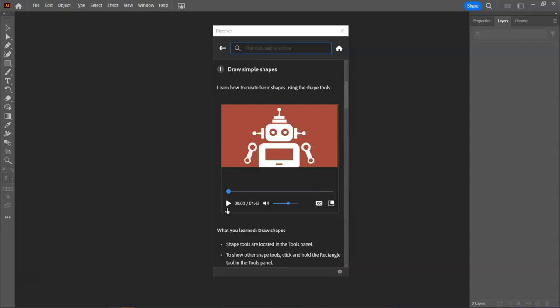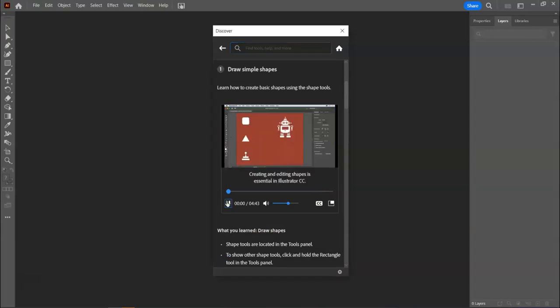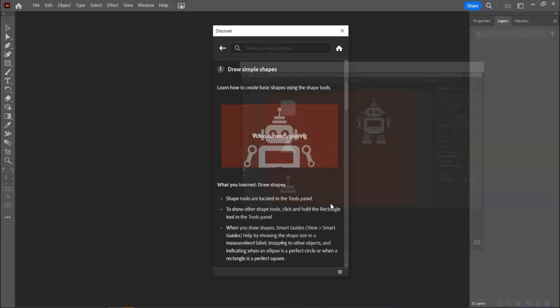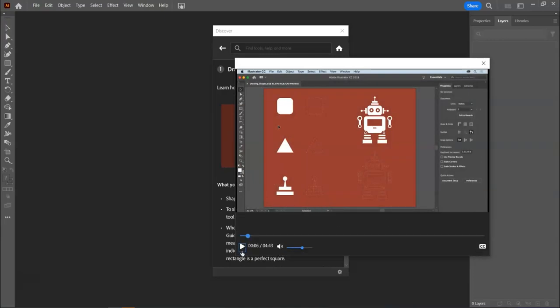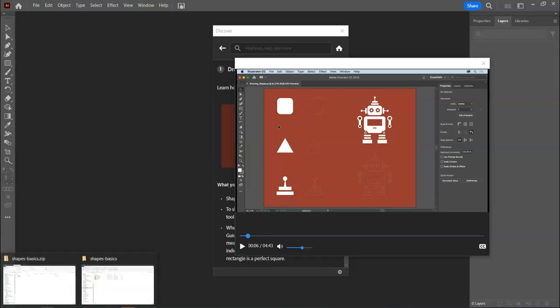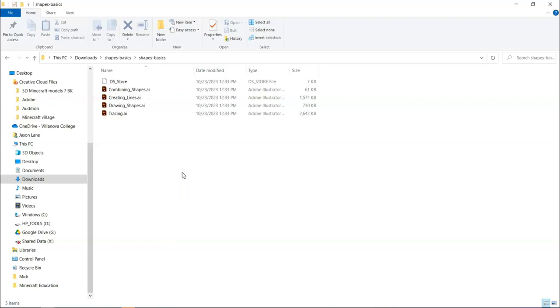Now if we click and play this video. Creating and editing shapes is essential in Illustrator. In this section you'll learn. So I'm just pausing the video here. If we make it a bit larger by popping the video out into its own panel, we can see the name of the file there. It's called drawingshapes.ai. So here we're going to find that shape file, drawing shapes, double click,